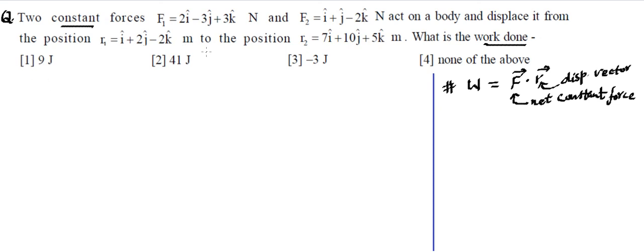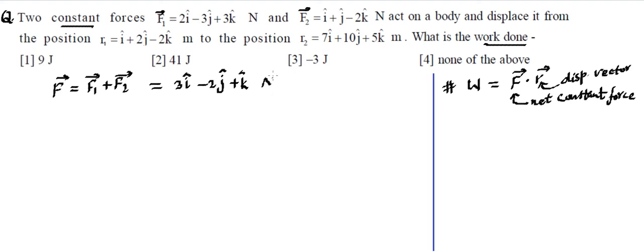So the work done is going to involve the net force and net displacement. First of all we will find the net force. How to find the net force in vectors? It's written as F1 vector plus F2 vector. If there are any number of forces, you need to sum them up. Vector sum is quite easy. You write this vector and this vector put together. So 2i plus i becomes 3i cap. This is minus 3j cap, this is plus j cap, so it becomes minus 2j cap. And finally 3k cap and minus 2k cap will make it a k cap. So this, in Newtons, is the net force acting on the body.